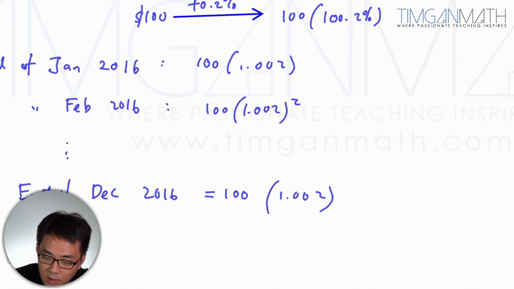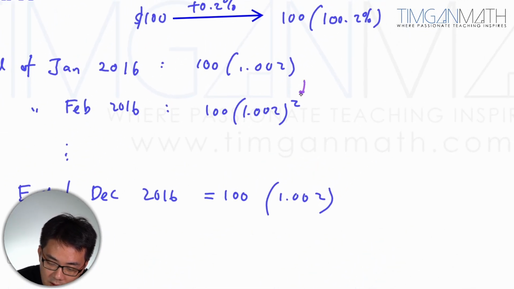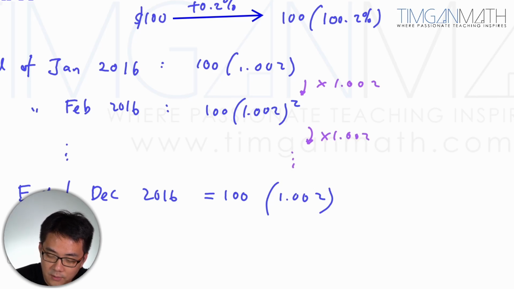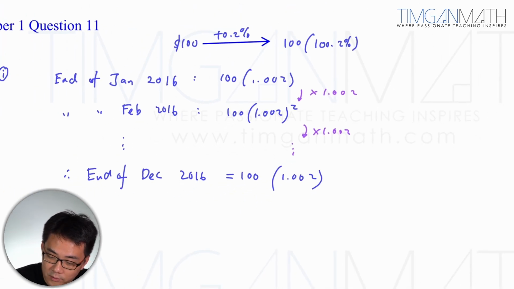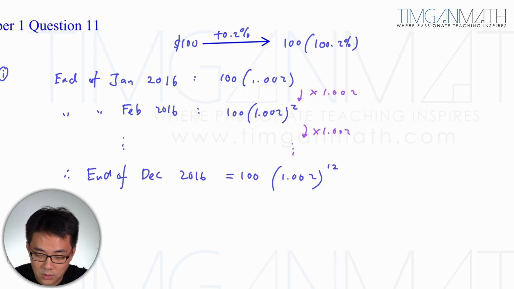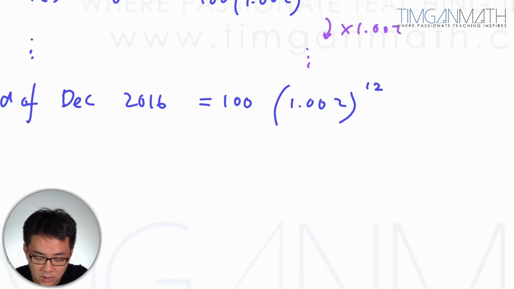So every time you go to the next month, you just increase by a multiple of 1.002, which is an increment of 0.2%, right? So this is how you do it. So in this case here, this will be 12. That's pretty okay. So in calculator, what you get is 100 times 1.002 to the power 12, which is